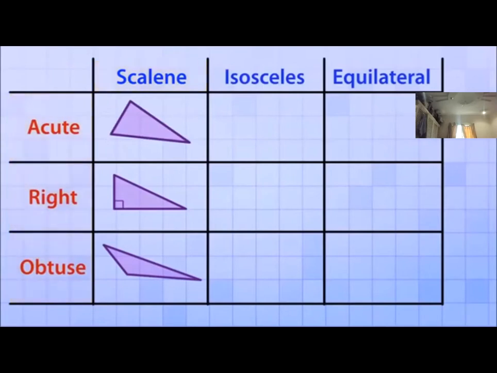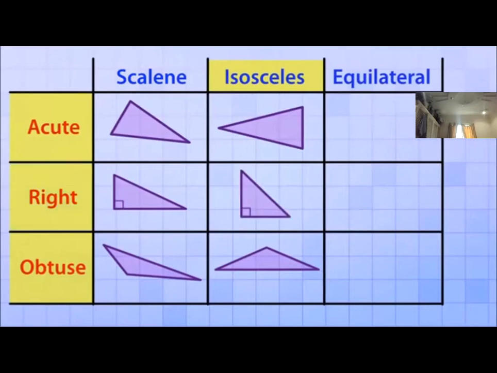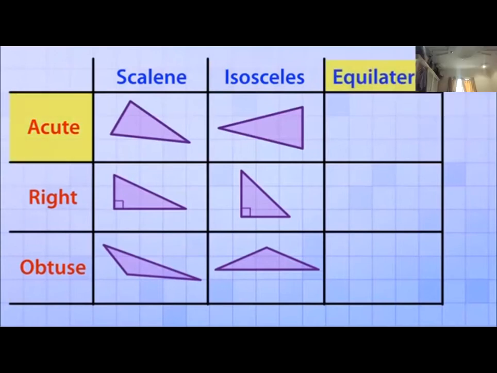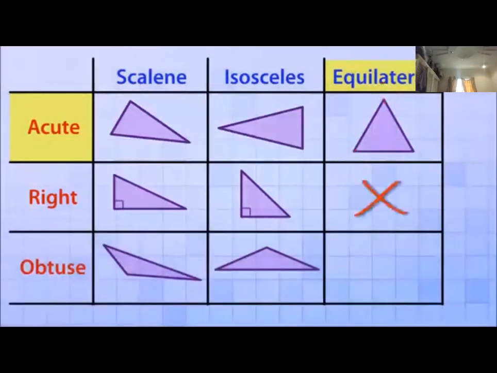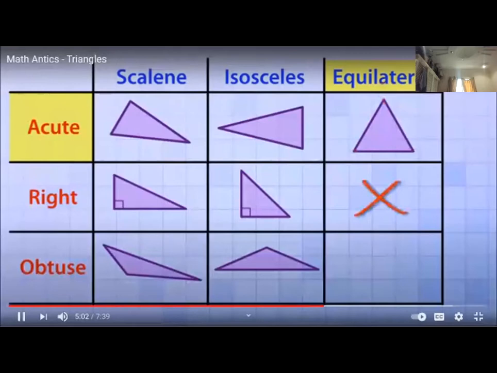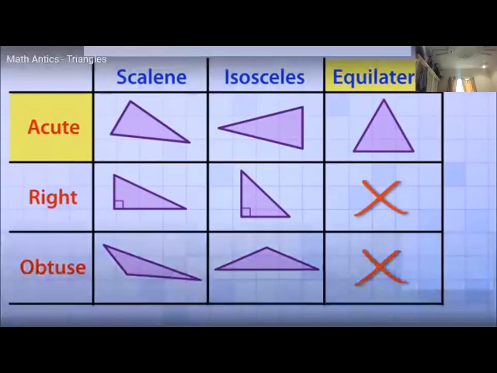In the same way, an isosceles triangle can also be acute, like this one, or obtuse, like this one. And in one special case, an isosceles triangle can also be a right triangle, like so. But things are different when it comes to an equilateral triangle. An equilateral triangle is always an acute triangle. Because all three sides are exactly the same, all three angles must also be exactly the same. And since we can't have more than one right angle in a triangle, or more than one obtuse angle, all the angles in an equilateral triangle must